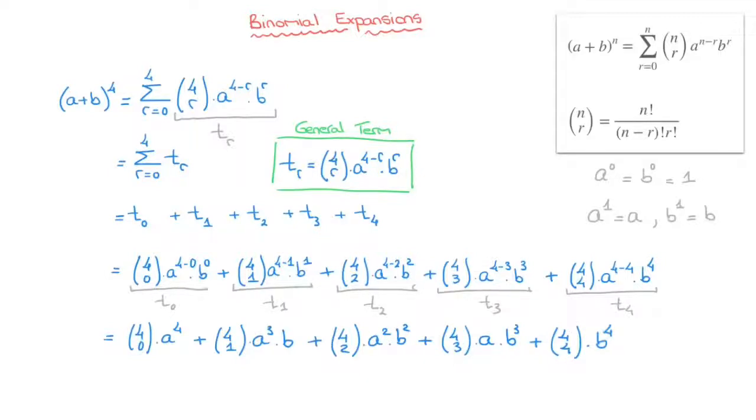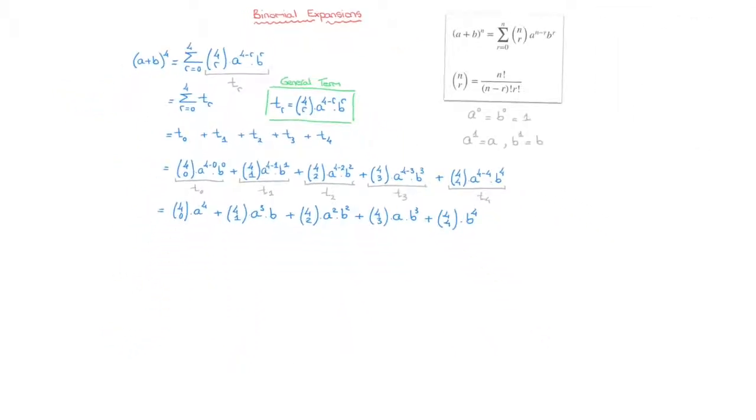For that, we're going to use the binomial coefficients formula that I'm highlighting in red right now. Let me start by making a bit of space. There we go. As we saw in our previous tutorial, when working with binomial expansions, the first and the last binomial coefficient are always equal to 1. So without thinking, we can go right ahead and state that the binomial coefficient 4, 0 equals 1, as well as the binomial coefficient 4, 4.